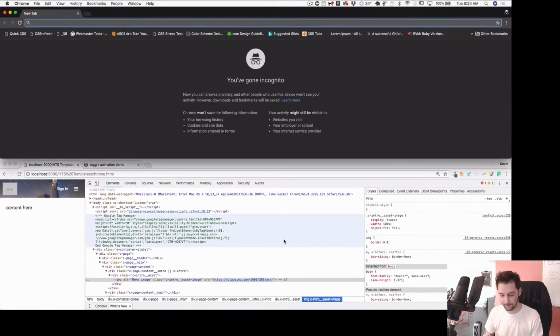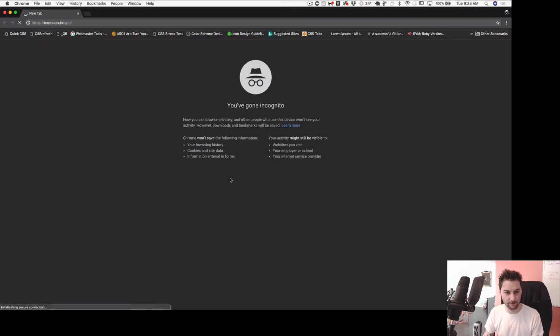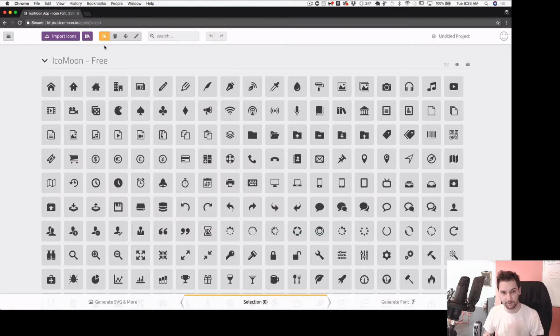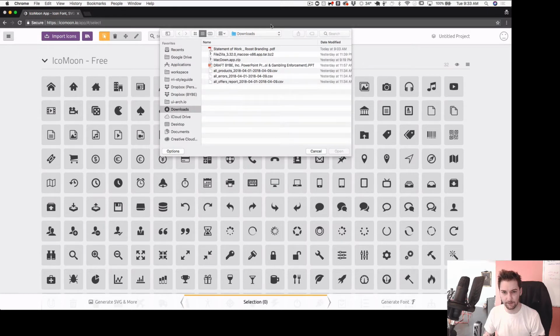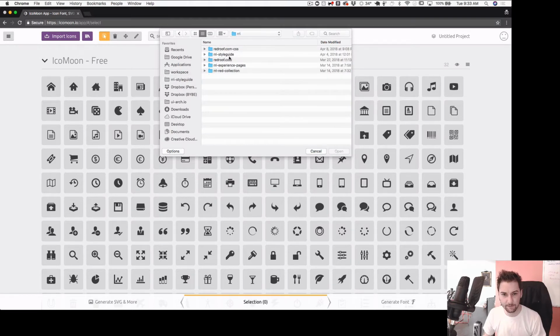So the next step is I'm going to go into my browser. I'm just going to create a new browser and start from scratch. And I'm going to go to icomoon.io/app. And what this is, it's a website, or an app, where you can generate a custom web font. A lot of my projects I have a starting point or a boilerplate, and I'm actually going to start from there. So I'm going to go to workspace, and I'm going to go here,